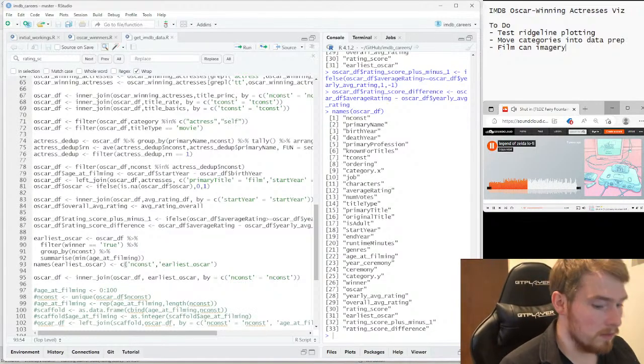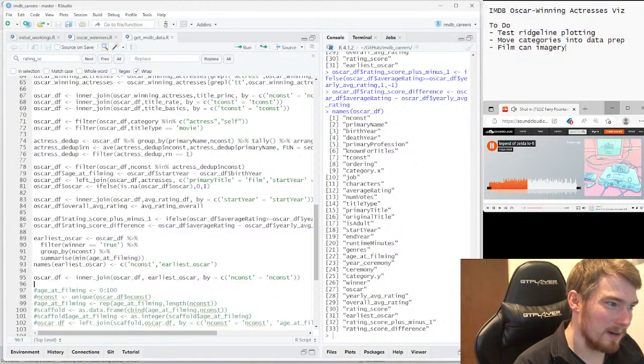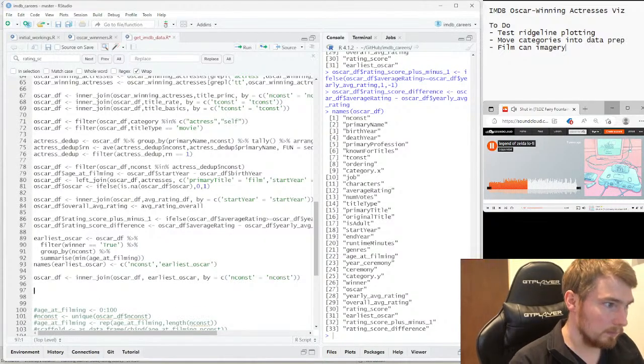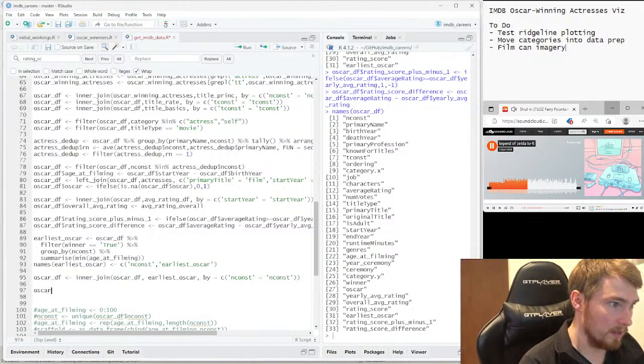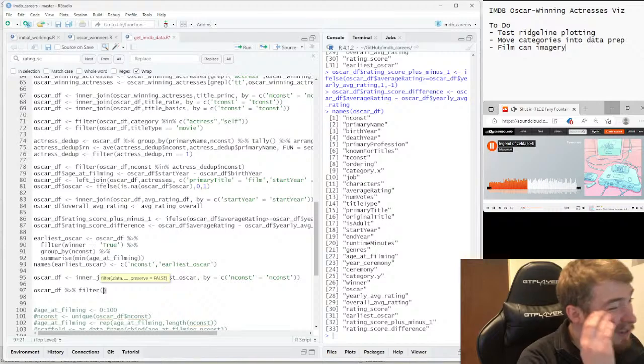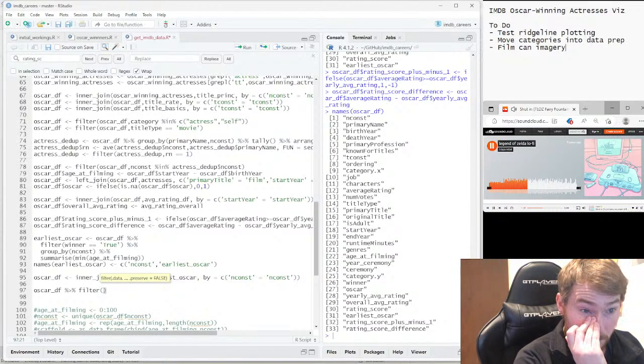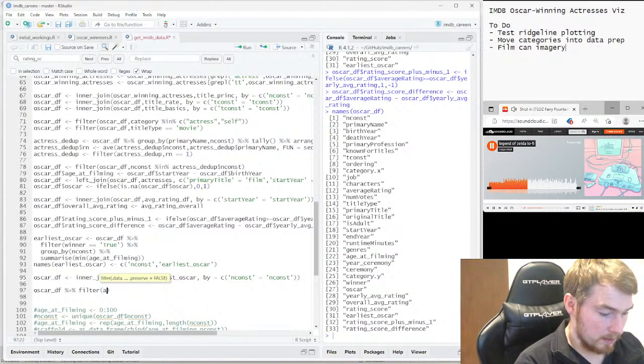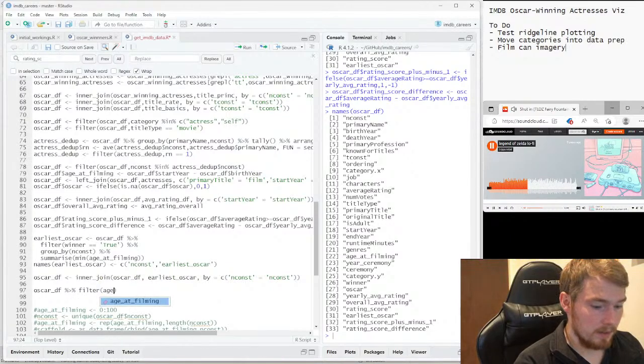So I could start filtering the data by, I could take Oscar DF and then filter, and I could filter age of filming.